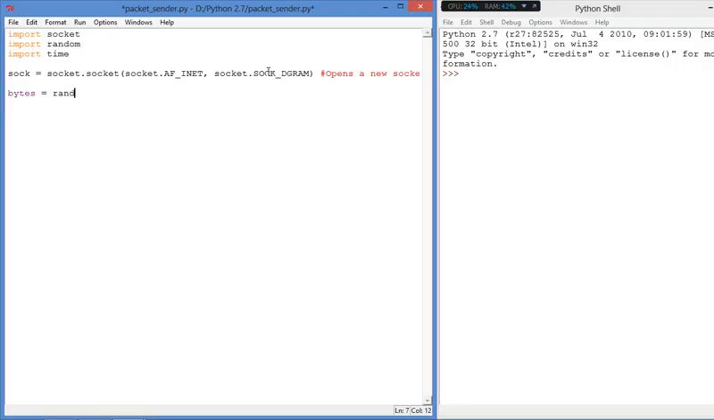So bytes equals, and this is when we use the random module, so random.urandom, and then do 1024, which I believe is the number of bytes for the size of the packet. You can make it whatever you want. I choose 1024 because I believe that's the standard. That's usually the size that packets are sent, usually between about 1,000 and 1,500. So that creates the packet,